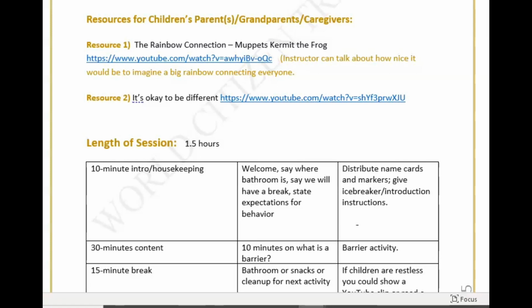We can talk about how each color can mean something in different flags. We can talk about aspects of the rainbow as a symbol, maybe with older children. We do have some lessons on gender further on. I think it's level 3 with Global Teacher. In any case, these are some resources. Please watch them, and if you think they're appropriate for your group, of course, you're encouraged to use them.